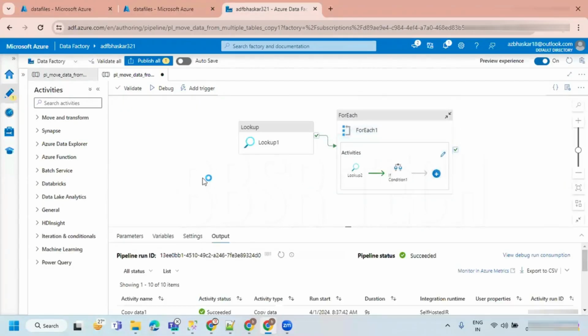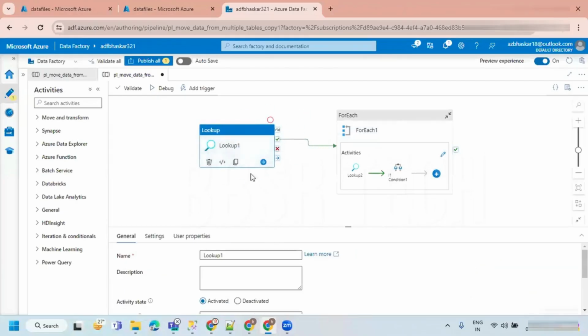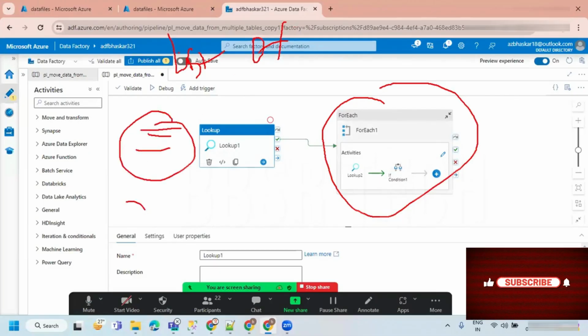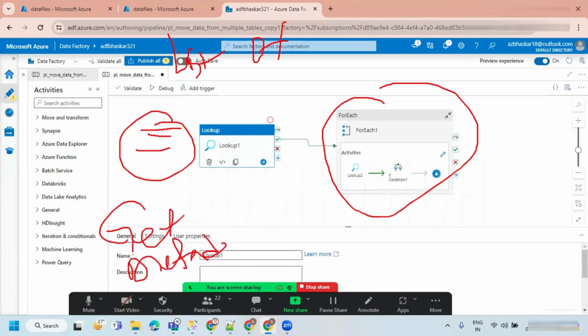No. Whatever the activity is giving, a list of items is required for it. So what it is going to take is a list of items, a collection of items. Here multiple tables are returned. And there is one more activity we are going to see, get metadata activity. That is also going to give a list of items.